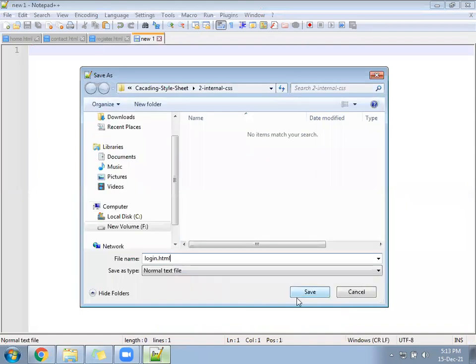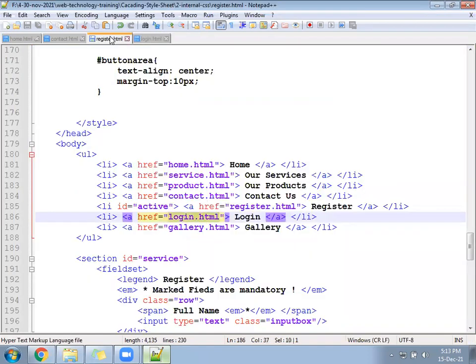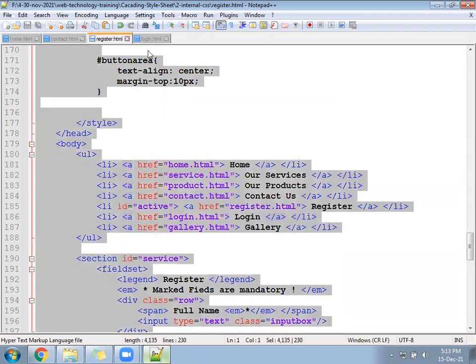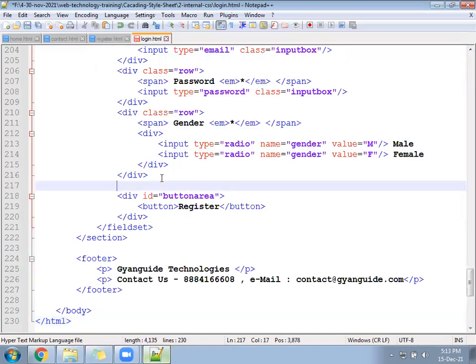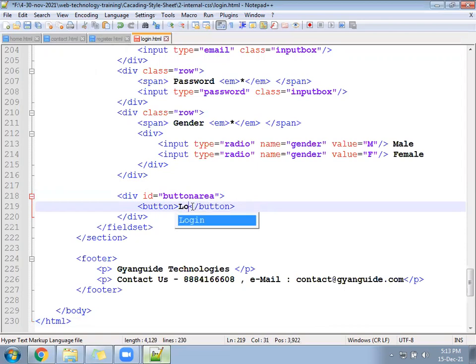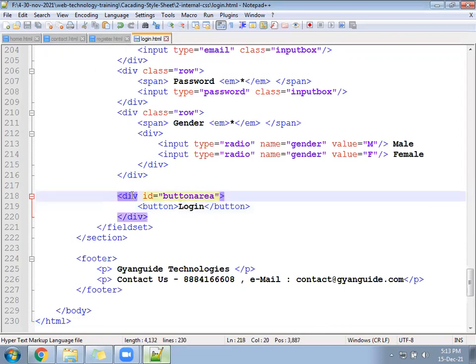We can take a copy of the register file, and you can change the register button to login.